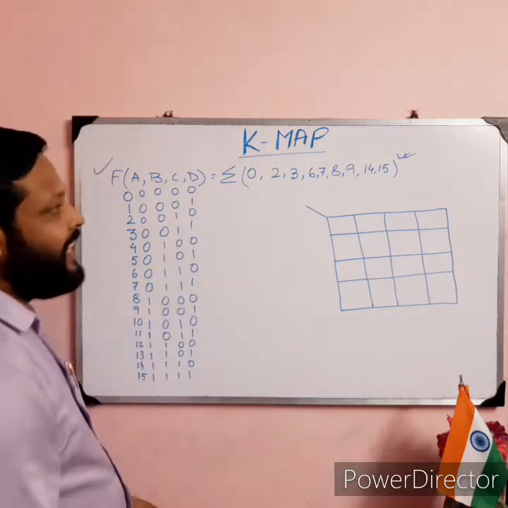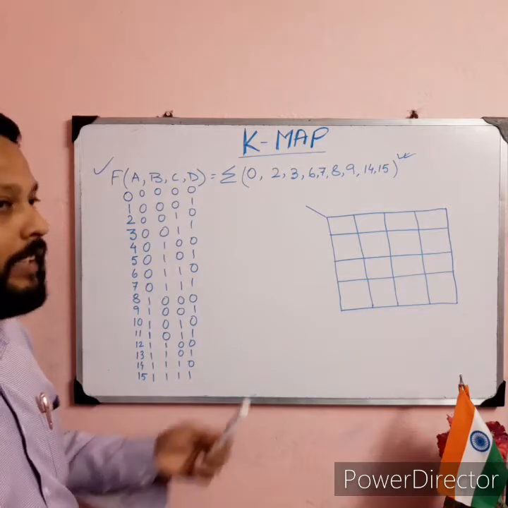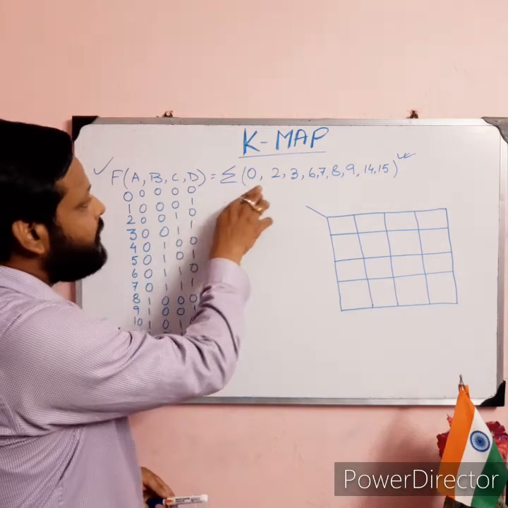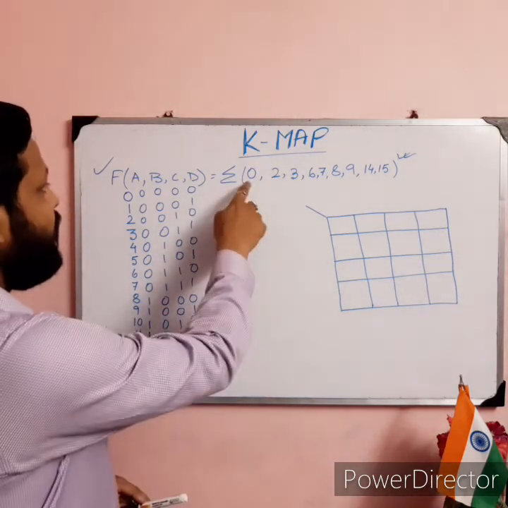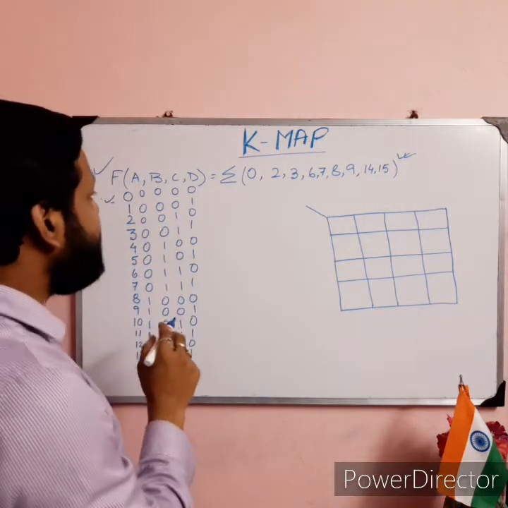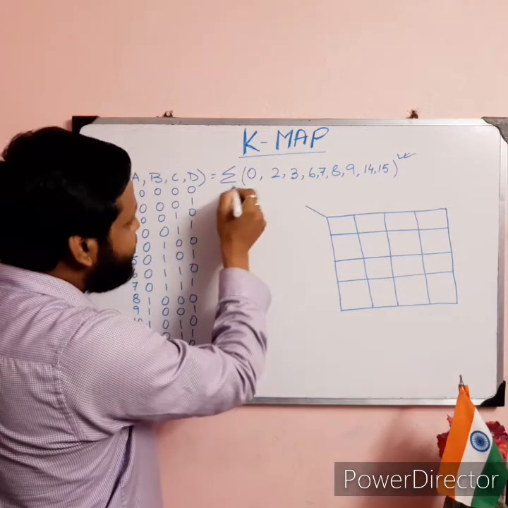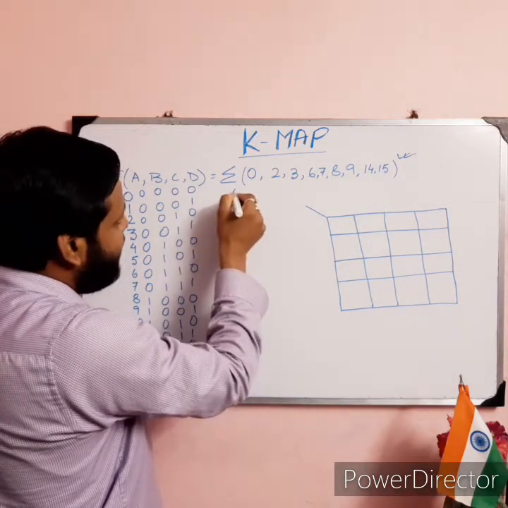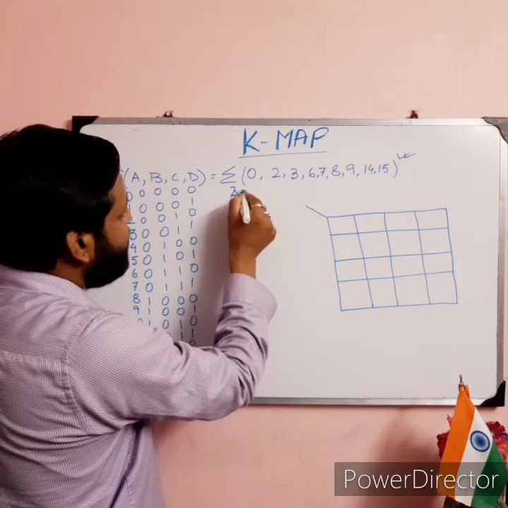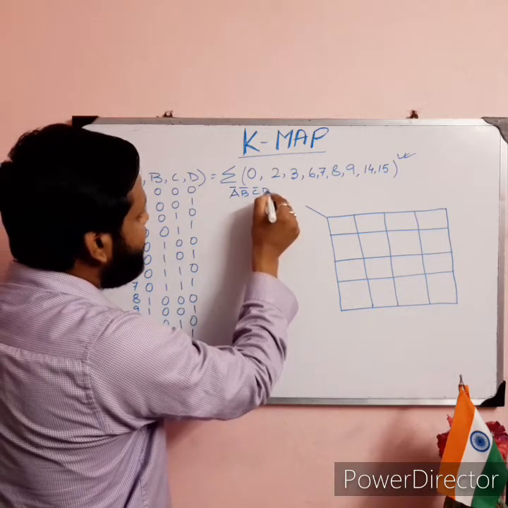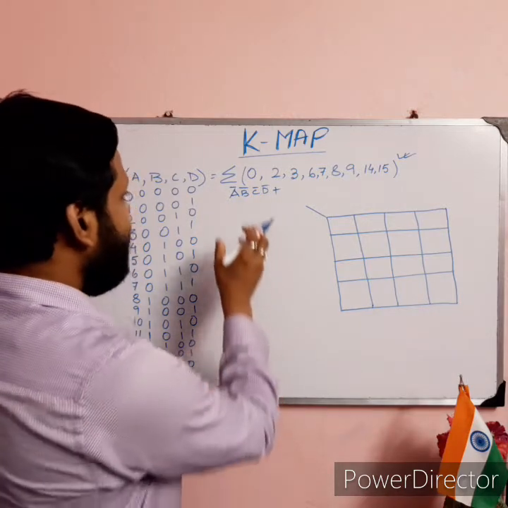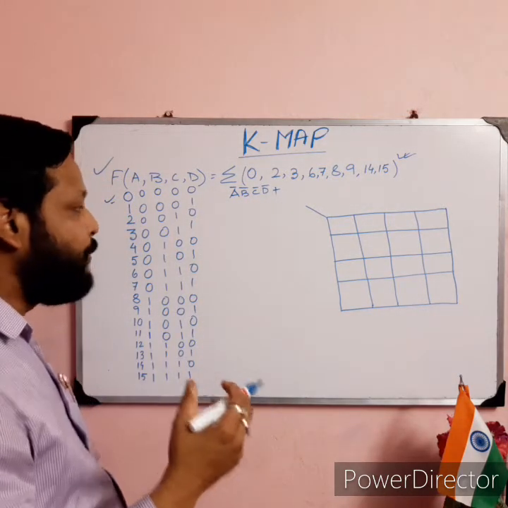So if we represent any expression with the help of their position value, then it is called the cardinality of an expression. Let me explain the meaning of this 0 here. 0 means A0, B0, C0, D0. The term indicated by this 0 is A complement, B complement, C complement, D complement, then plus, because SOP is sum of product. Variables are with bar or without bar in product form, then we have to add.